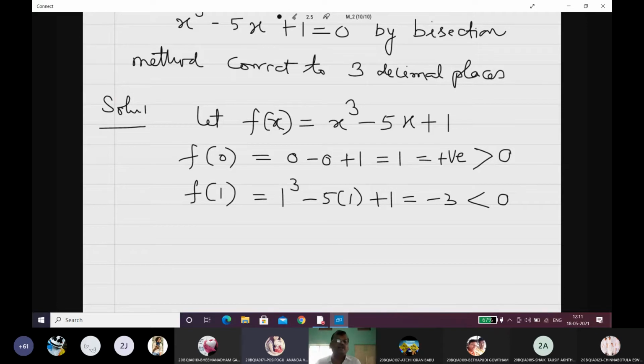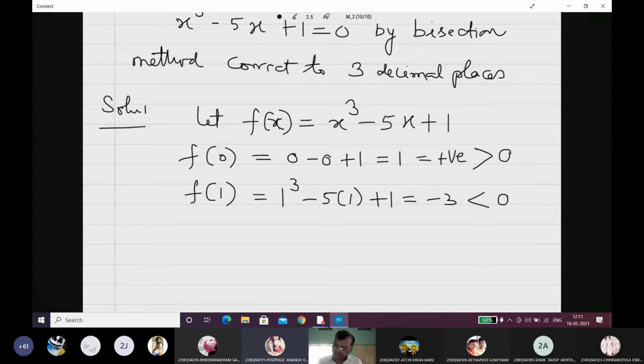One root. How many roots does this equation have? 3 roots, because it is a cubic polynomial equation. Therefore, it may have 3 roots. Out of the 3 roots, we have to find out one approximate root. That is very, very important. We don't find all of them here, only one approximation.